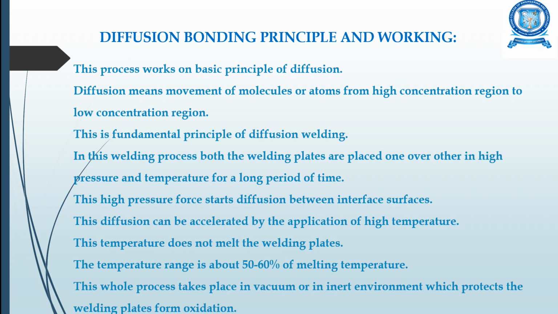And here in this welding, both the welding plates are placed one over the other under high pressure, and the temperature is maintained for a long period of time. And due to this high pressure, force starts diffusion between the interface of the surfaces. And this diffusion can be accelerated on application of high temperature. And here this temperature does not melt the welding plates, and mostly the temperature ranges from 50 to 60% of the melting temperature. And the entire process takes place in vacuum or inert environment. And in order to prevent the welding plates